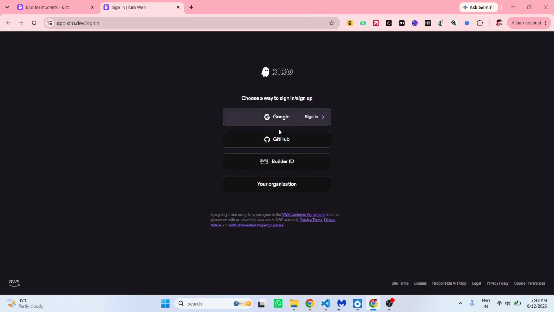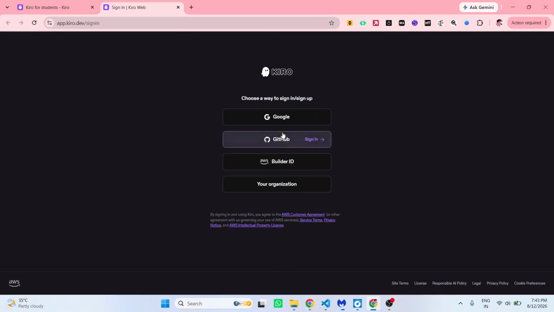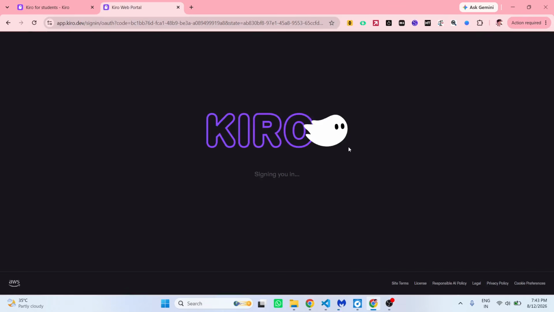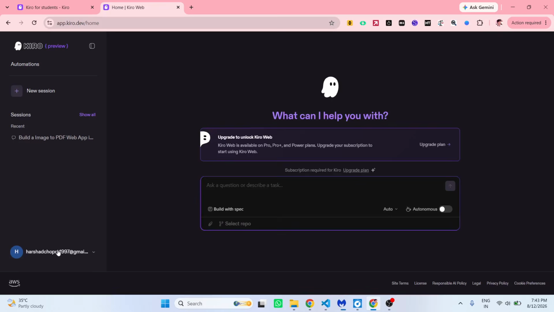And verify. So you have four options. You can actually log in with your Google account, GitHub account. So let me log in with a Google account right here. So after that, as you see,